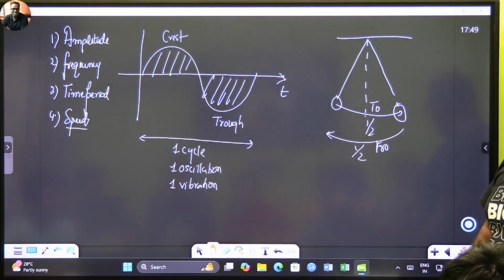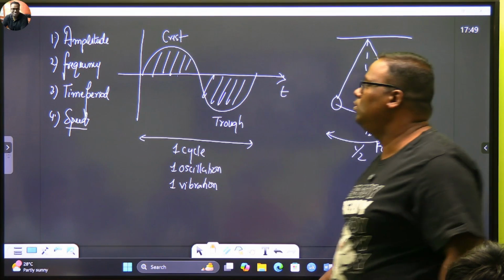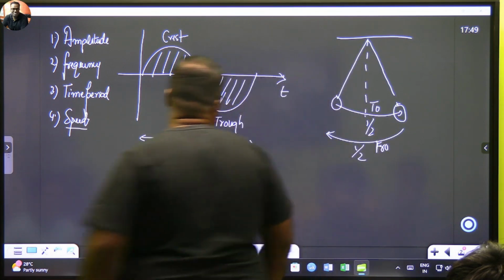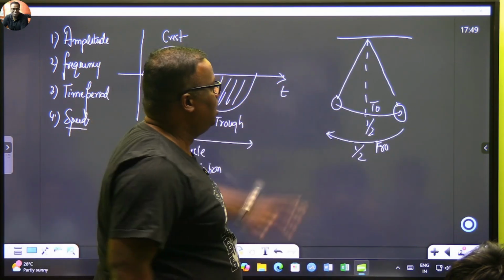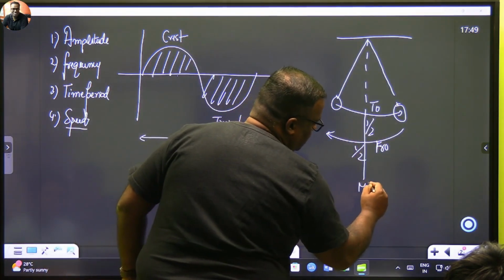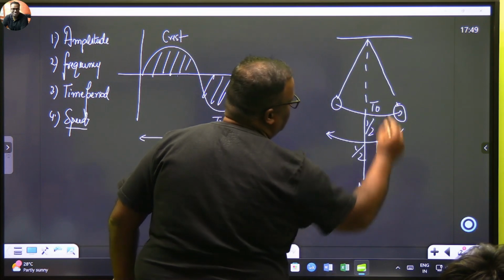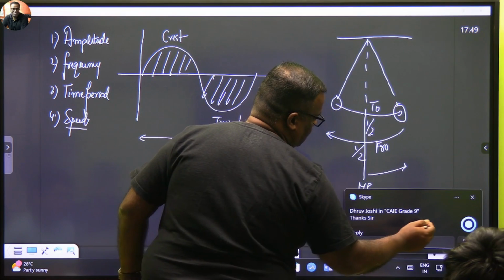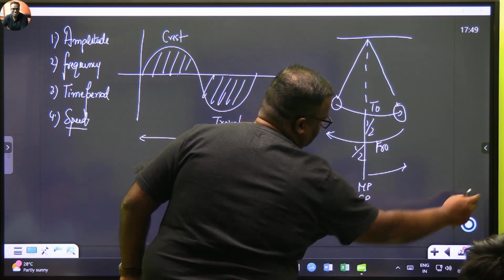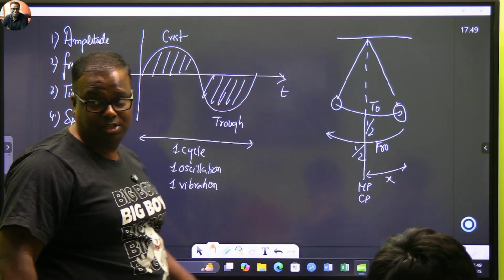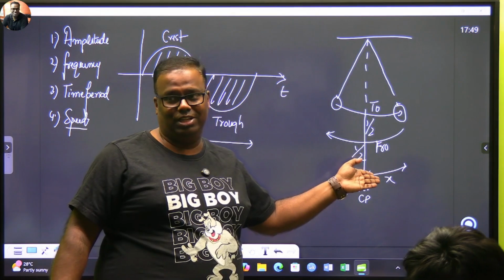Have you understood? So you will have two crossovers. आप दो crossover मार के जाओगे, फिर आके यहीं पे पहुंच रहे हो. Right? So is crest and trough okay? Now we should understand what is amplitude. This is known as my mean position or central position. Maximum displacement that you take, the maximum displacement that you will be taking, this is what you will study in 11th grade.